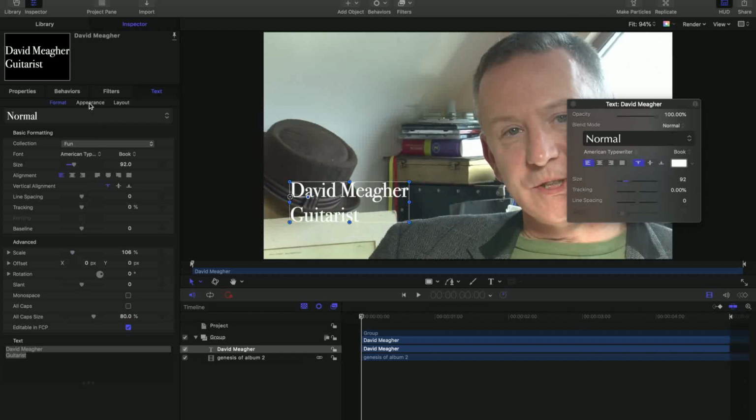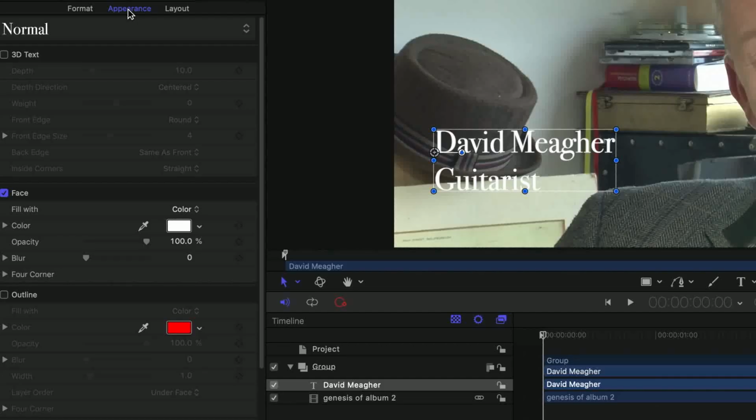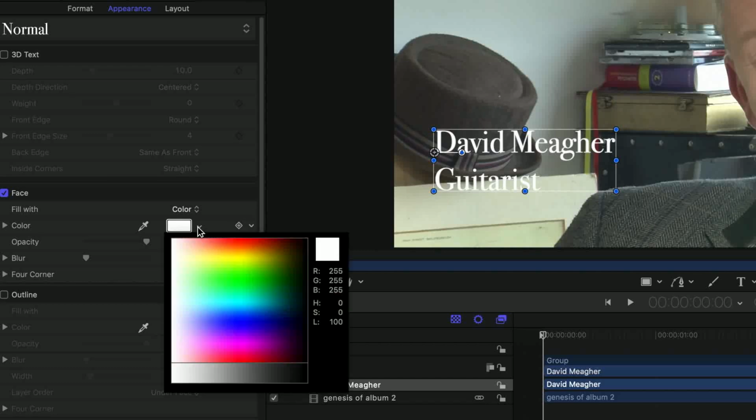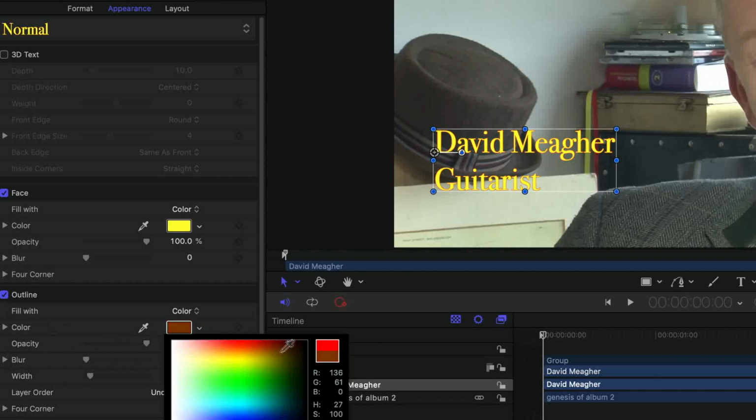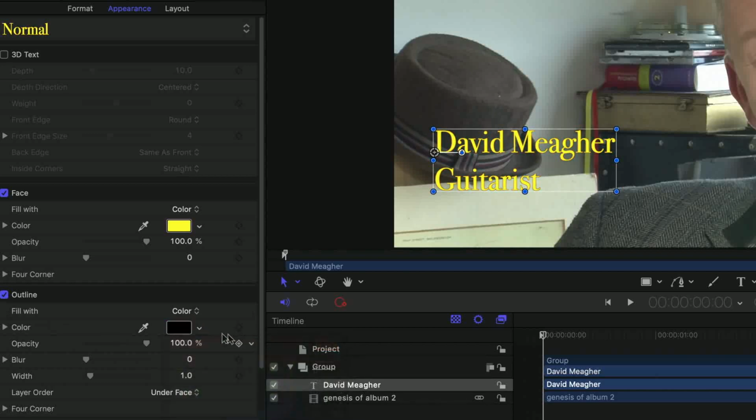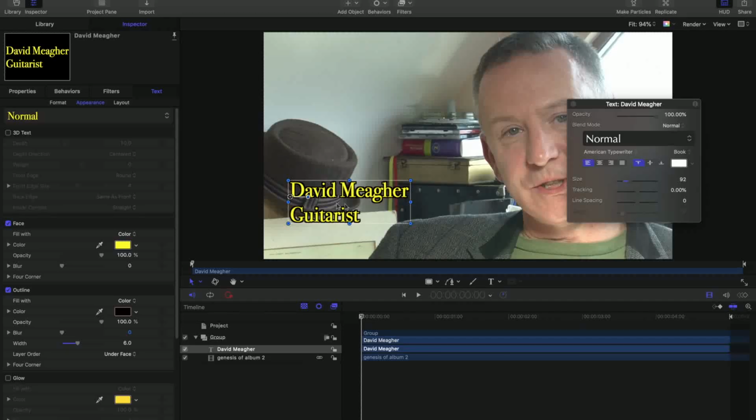If we move on to Appearance, you can see that once Appearance becomes blue, we have further options. So for instance, if I go down to Face here and I look at the color of my lettering, I don't want it white, I want to move it to yellow. So I'm going to make the lettering itself yellow. I'll keep the opacity as is. If I go down further here to Outline and turn Outline on, I can then go to my color option, go over to the corner and turn it black. So I get a black rim on the text. And then you can see the width of the outline. So I can drag that up and you can see now we get a black border around